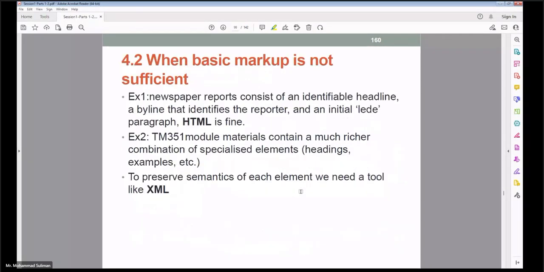When the basic markup is not sufficient, if you have very huge data to be represented, then it is not sufficient to use this basic markup language. For simple paragraphs it's okay, but if you have huge data, then it may not be suitable. You might need to write too many tags and too much text. Also, if you want to process this data, take this data into another file,